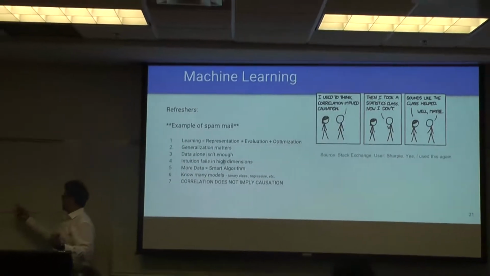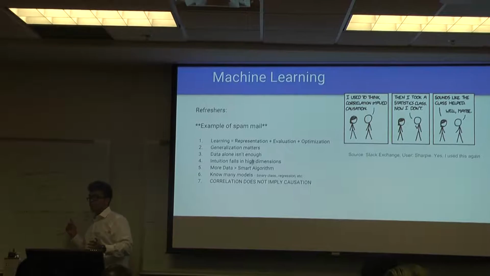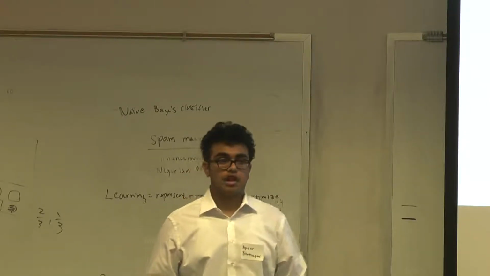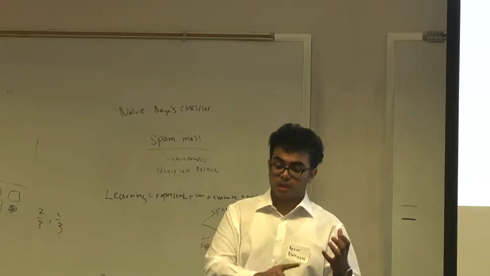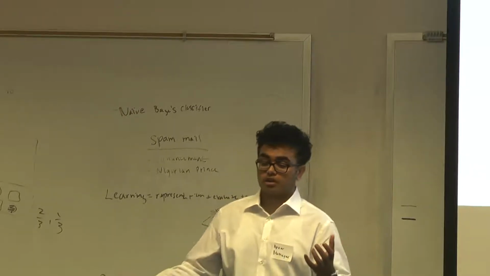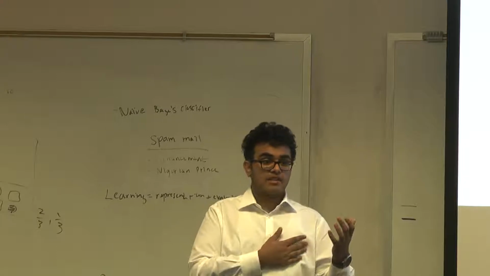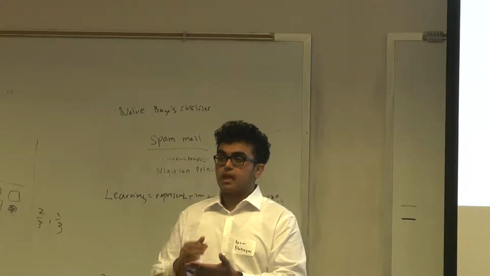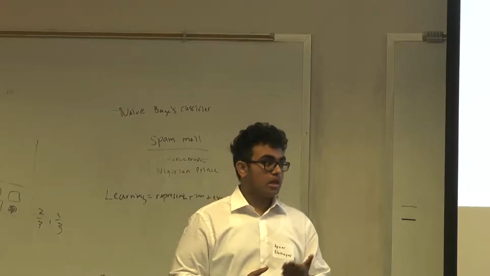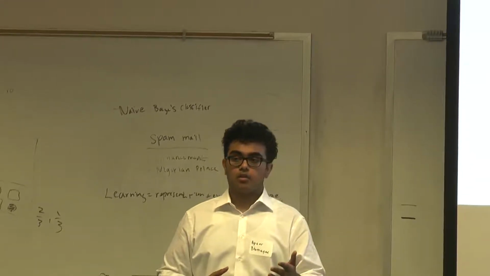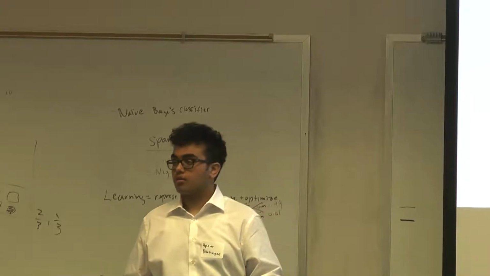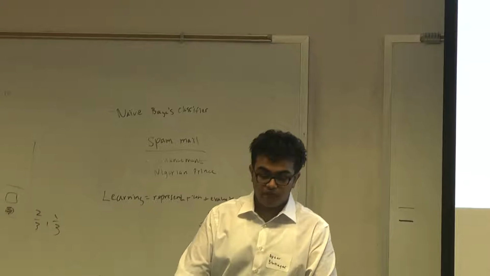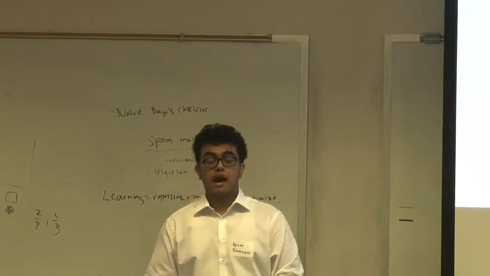If we were to say a Nigerian prince, a 0.7 probability is pretty high, but isn't enough. So if you were to create the perfect machine learning algorithm that's able to send your spam email straight to spam or straight to your inbox, just having that data isn't enough. You have to be able to write up exactly how that data works and how the machine learning algorithm works in order for it to be considered a proper working algorithm. You have to explain how it works. Number 4, intuition fails in high dimensions.